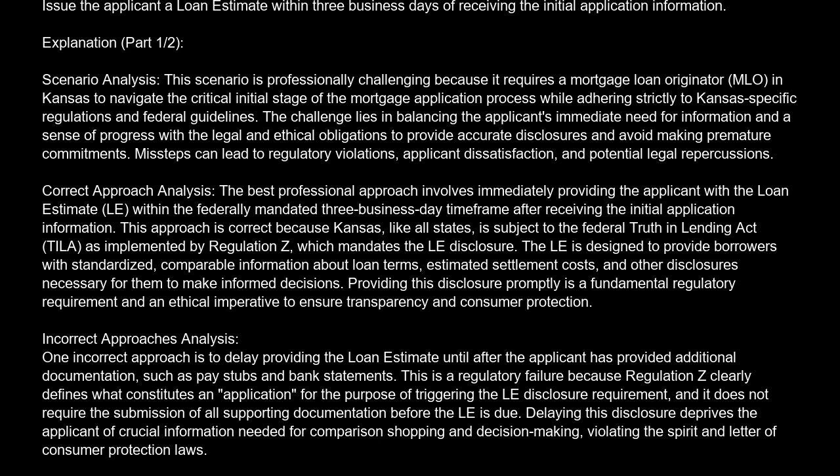Incorrect approaches analysis. One incorrect approach is to delay providing the loan estimate until after the applicant has provided additional documentation, such as pay stubs and bank statements. This is a regulatory failure because Regulation Z clearly defines what constitutes an application for the purpose of triggering the disclosure requirement, and it does not require the submission of all supporting documentation before the estimate is due. Delaying this disclosure deprives the applicant of crucial information needed for comparison shopping and decision-making, violating the spirit and letter